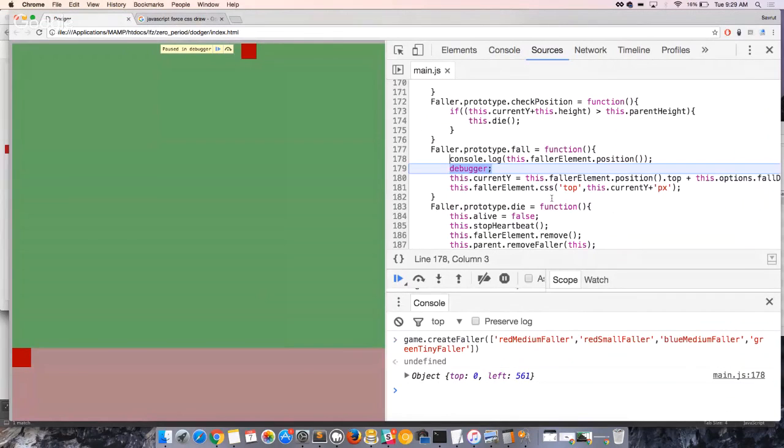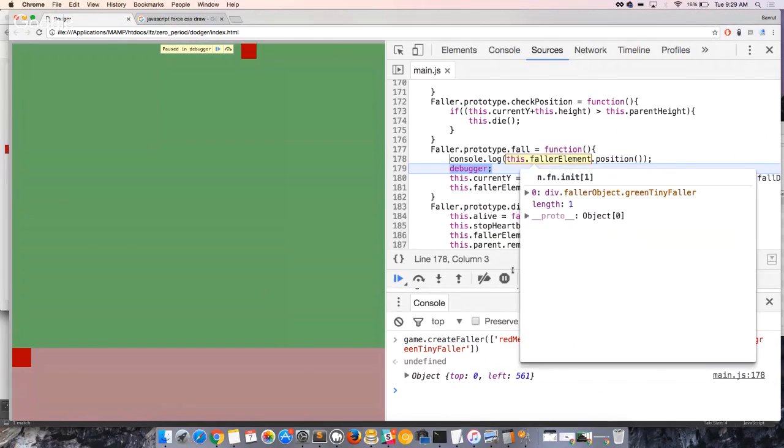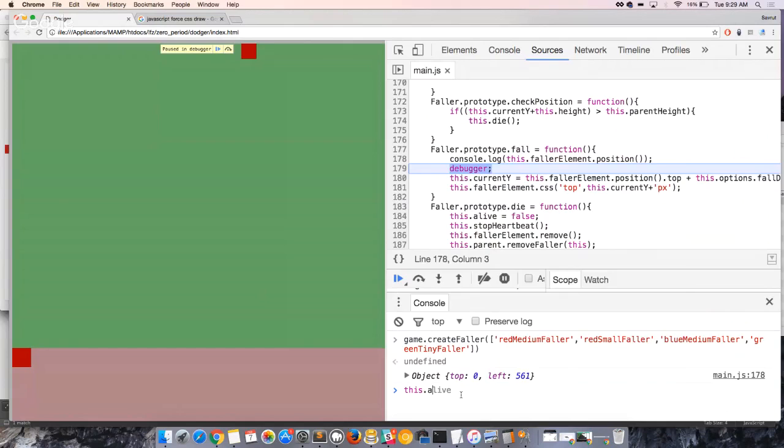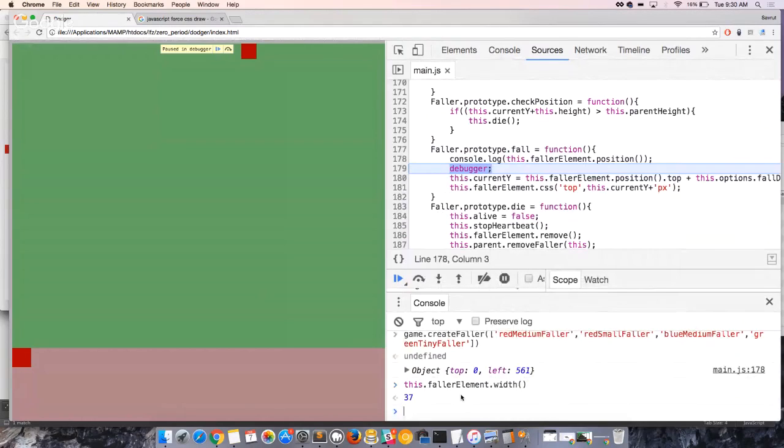Let's see if it knows what its size is. This dot faller element dot width. Yes, it does. Okay, so